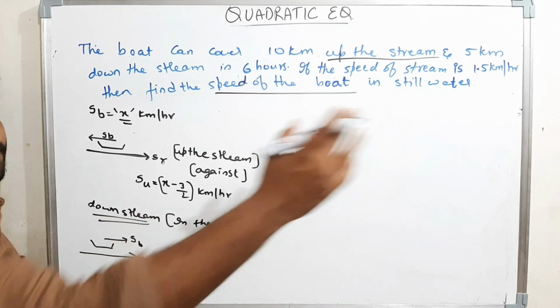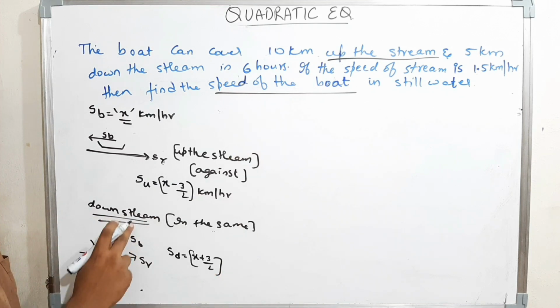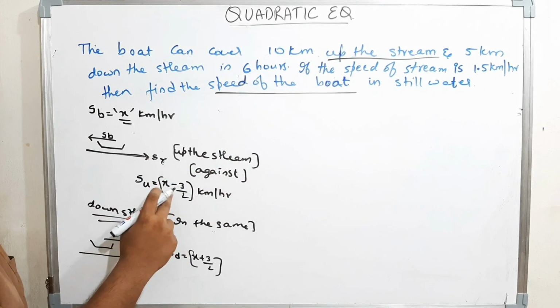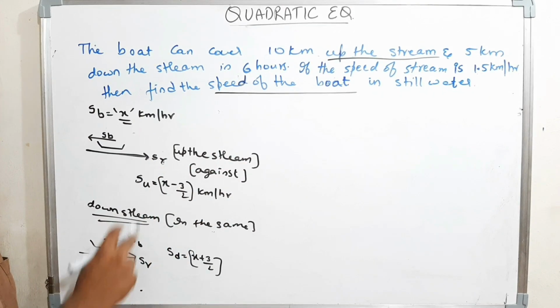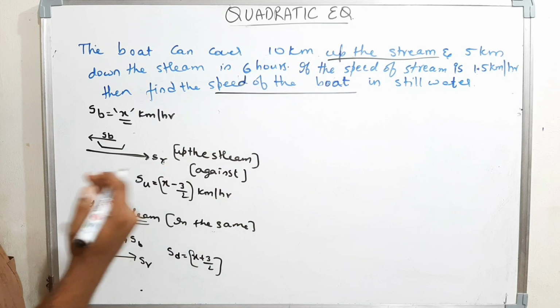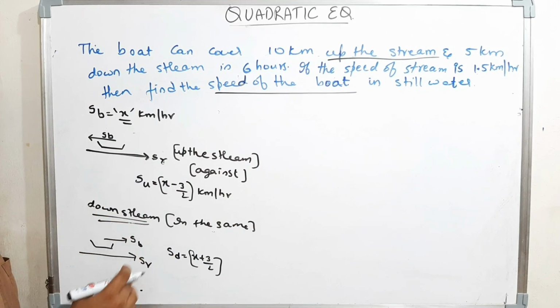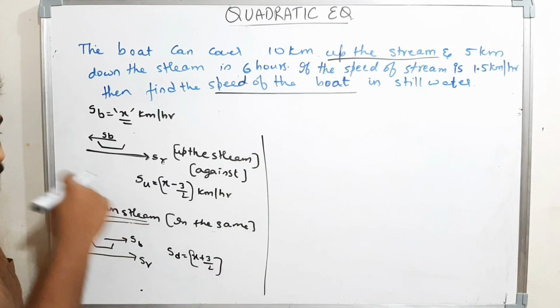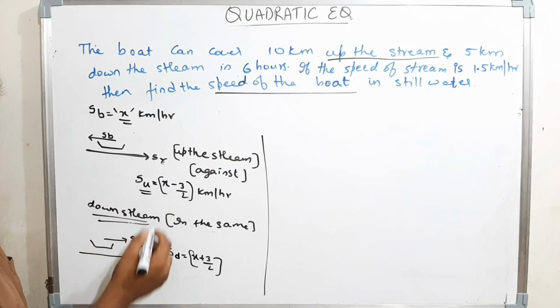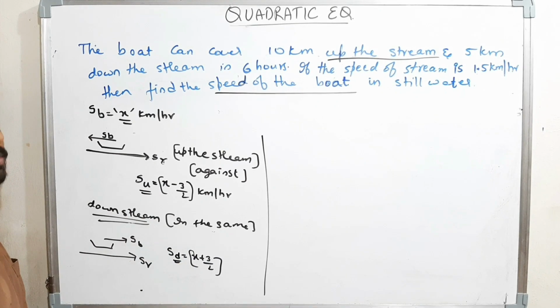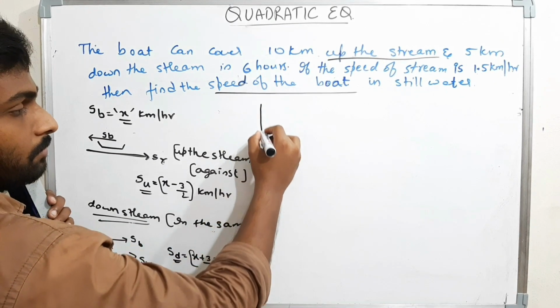The boat will move very fast in downstream and a little bit slower in upstream, because the boat in the upstream has to move against the river flow, but in the downstream the boat will move in the direction of river flow. Therefore, this river flow also will be added up. Okay, now we got it. Now we got the speed in upstream and the speed in the downstream. Well and good. Now what is the time taken?